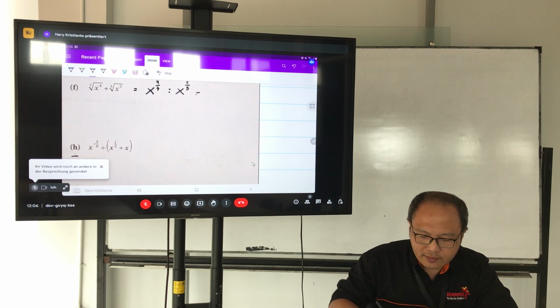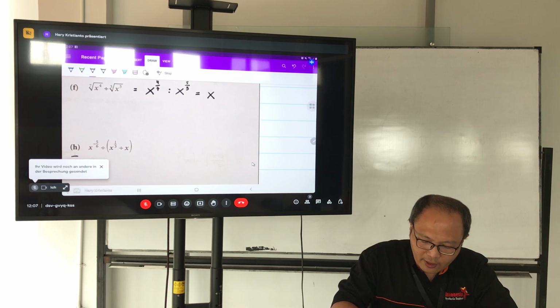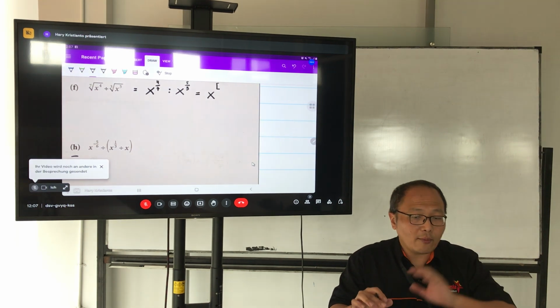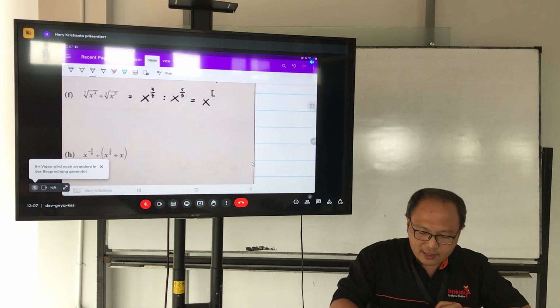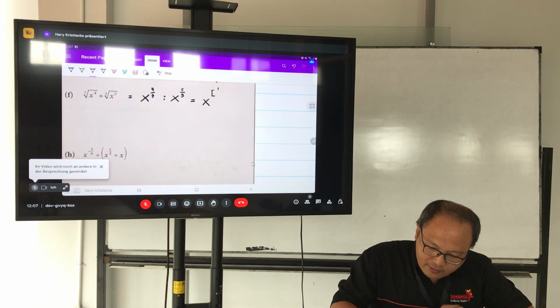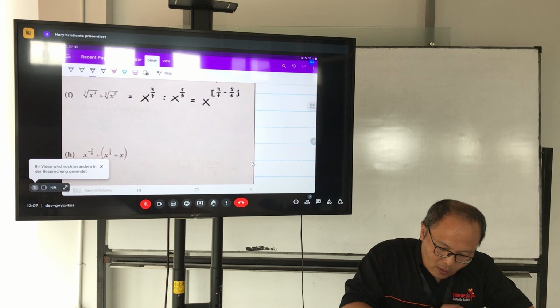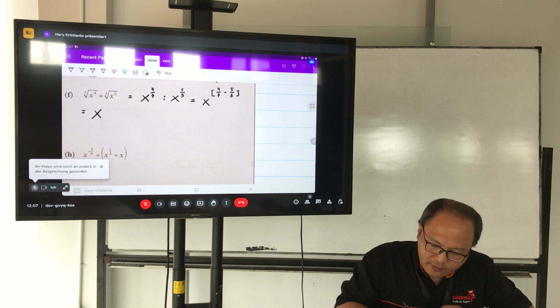Same as x to the power of, in bracket, now I'm going to subtract one index from another index. So this is 4/7 minus 5/3, or x to the power of